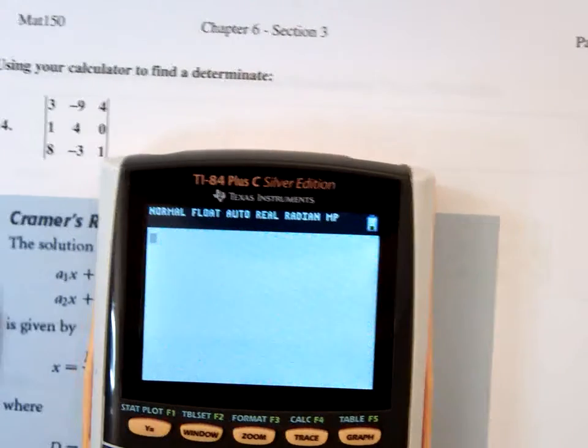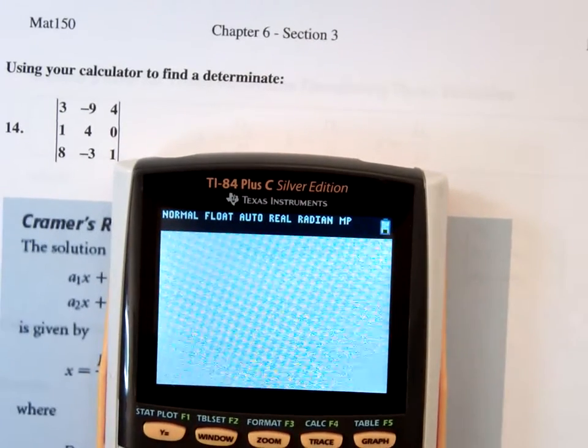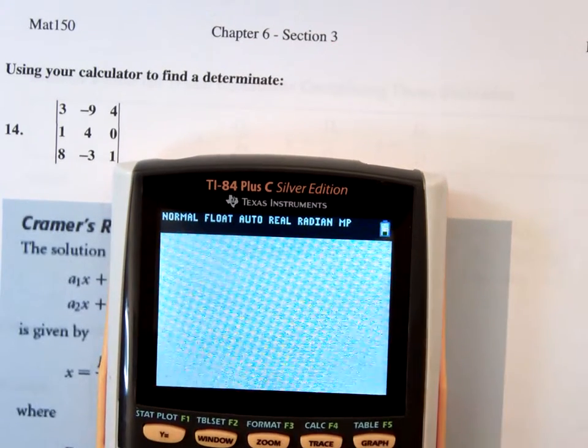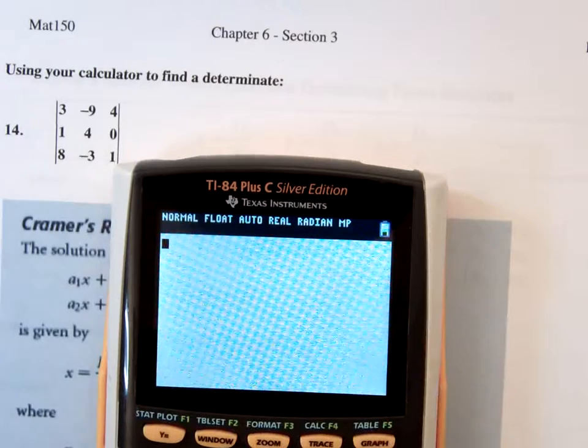So using our calculator on that determinant, what do we do? We put it in just like a matrix. So you treat it with, because it's going to be matrix algebra. We're going to actually do